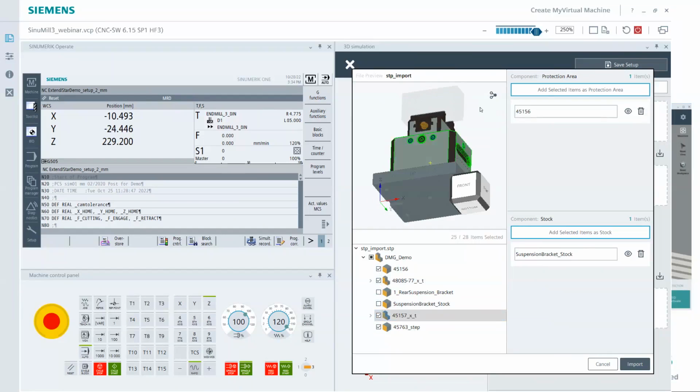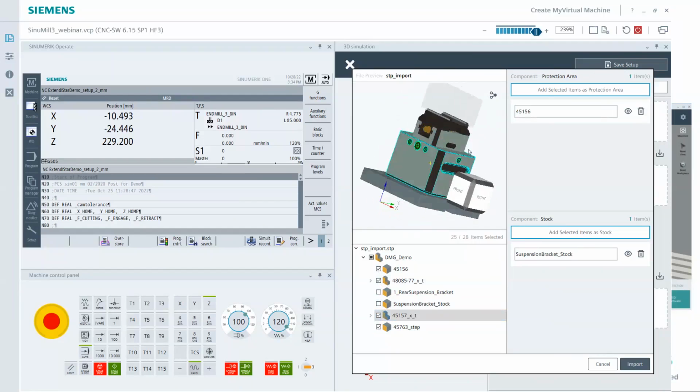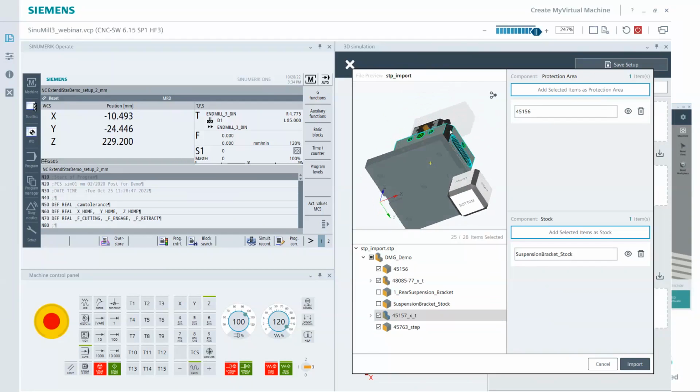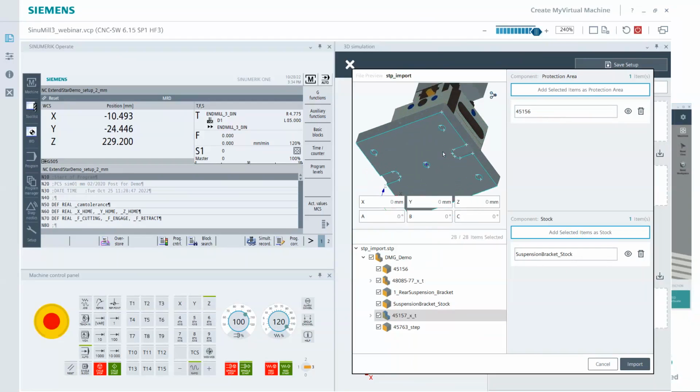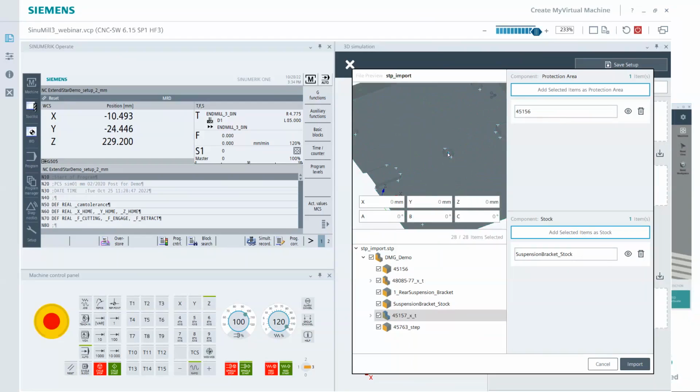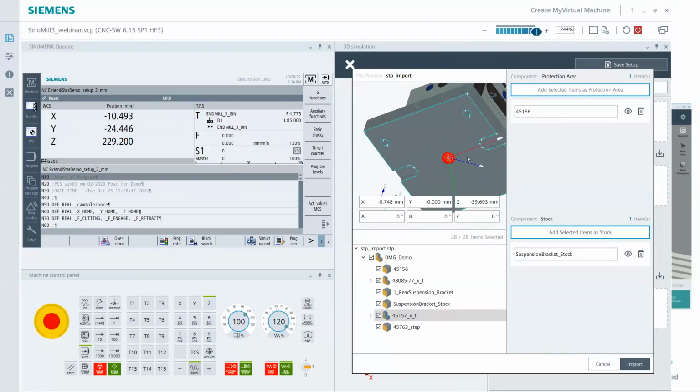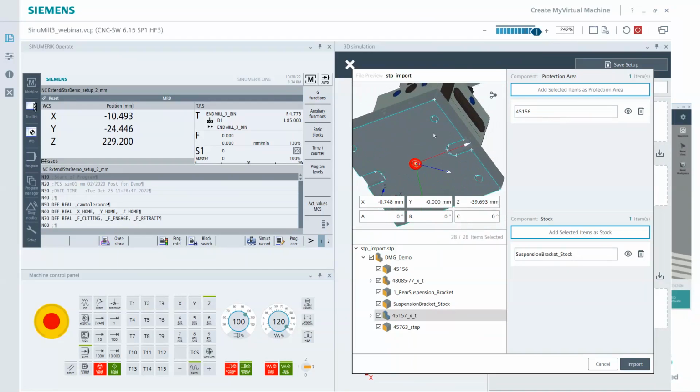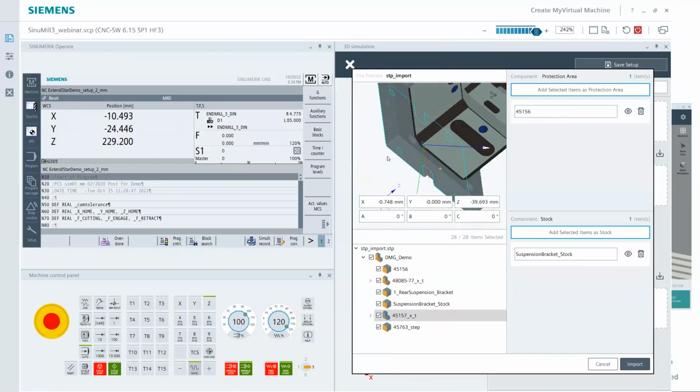Now, I might not know where the 0 is. I don't have a reference initially, but maybe I want the 0 to be the center of this lower point for the connection point. So click on your little offset icon again. But the difference here is not only can I type things here, but I can come in and pick different objects. And once I pick it, it gives me a nice little example of where my unit coordinate system is